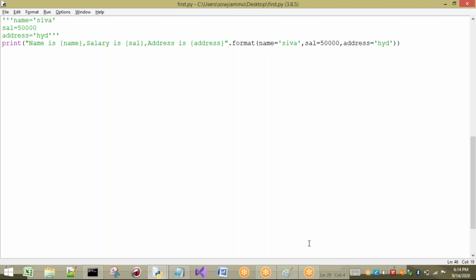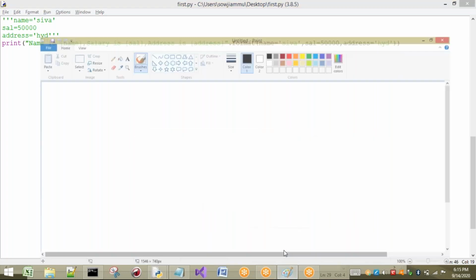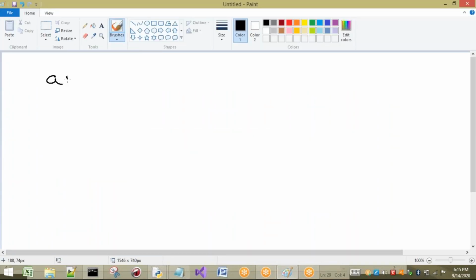Till now you can observe we have given inputs in two ways. The first way is directly in the program itself, for example, A equal to 20, B equal to 30, and after that we perform some operation.